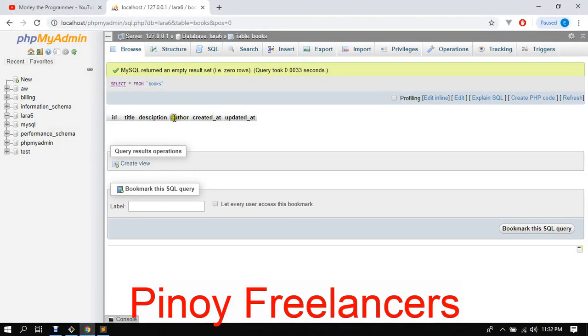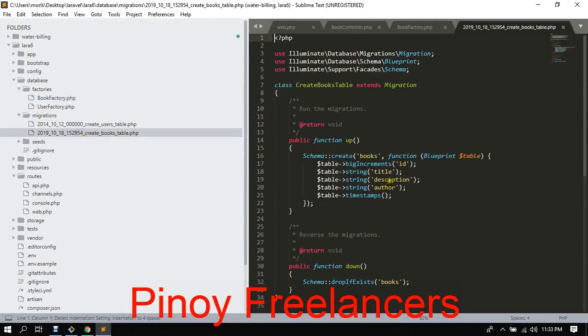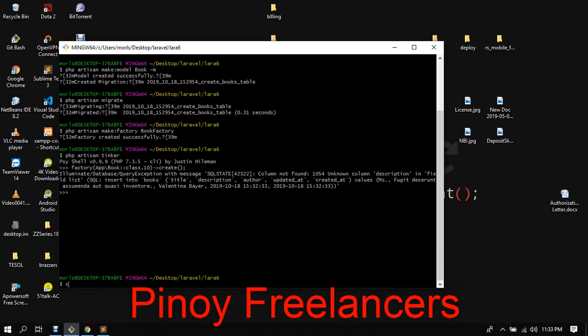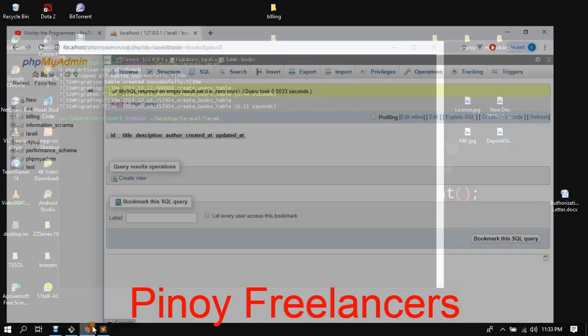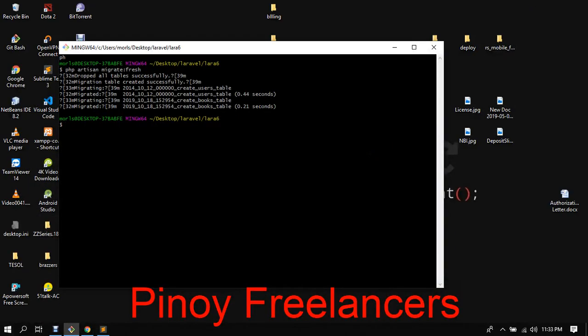Description. So this is what happened for our migration. We faced some syntax error, description. Then let's get out of that. And then PHP artisan migrate:fresh, so that we're going to roll back our migration and rerun it again. If we refresh this one, we see we have the description here, and then let's go back to our tinker. Then after that, let's run our factory book class with 10 records of books, and let's create that